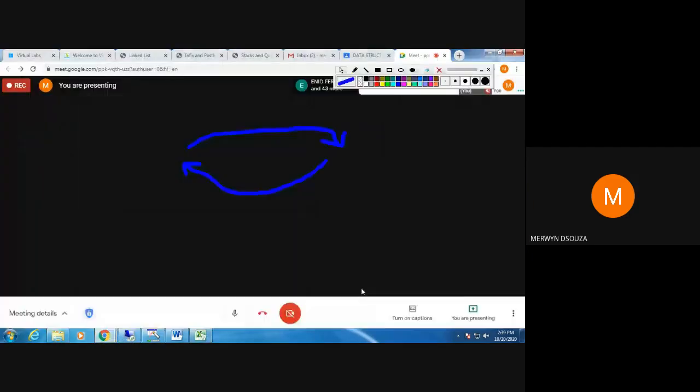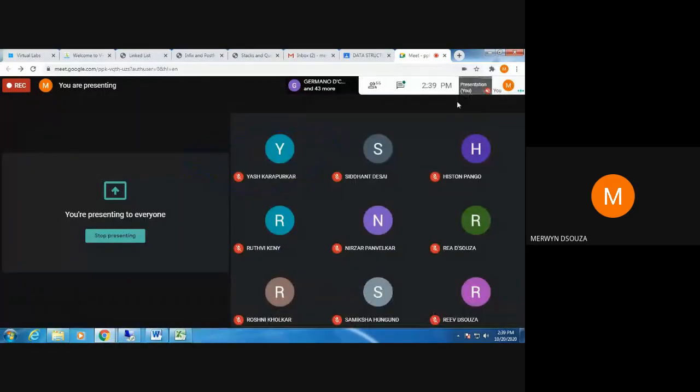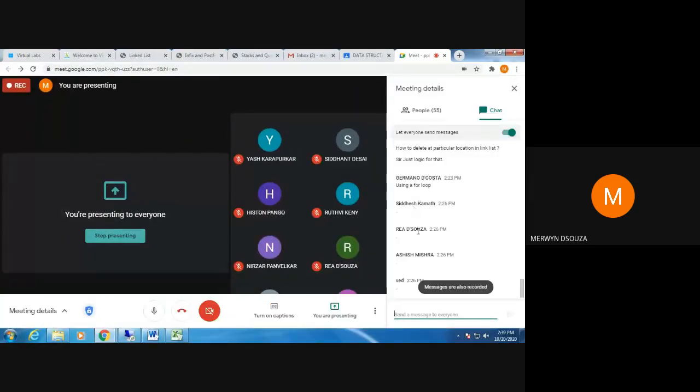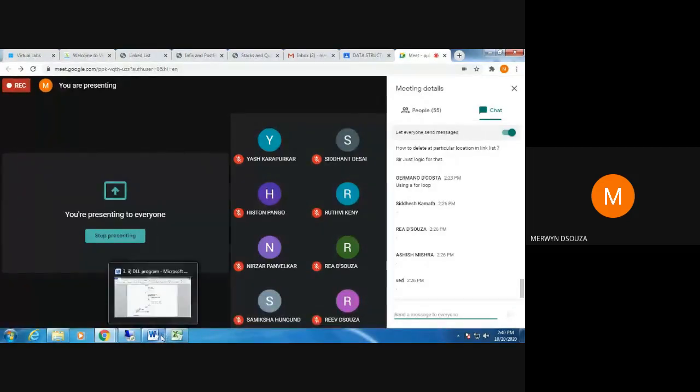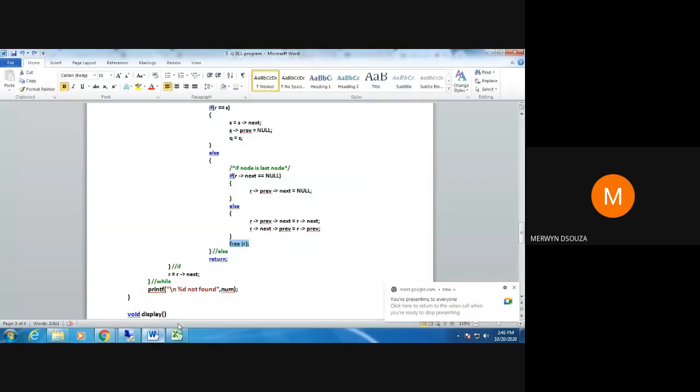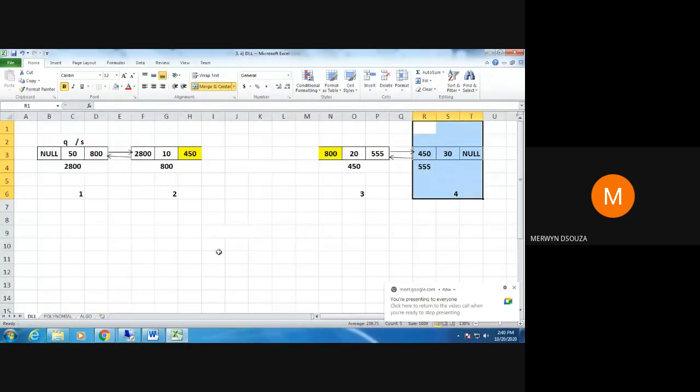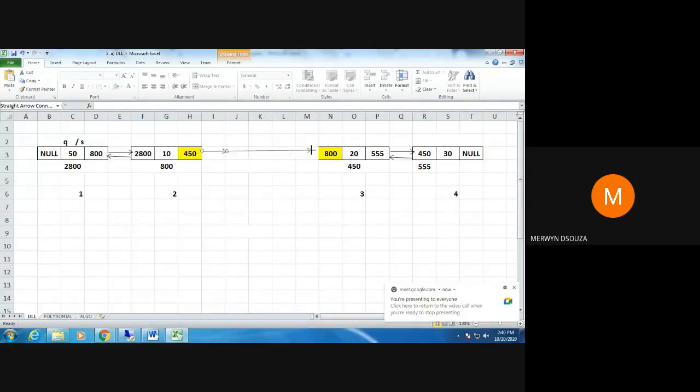I hope you understood that part. Are you all getting it? Just go through this recording again if you are not getting it. Yesterday also we had discussed it, just try. It is only these two statements that are a little difficult to understand, but draw a diagram and, as I am explaining, try to understand. If you still have doubts, we can try to solve them at some other point. Right now what we have done is we have deleted that node, so we will have something like this.